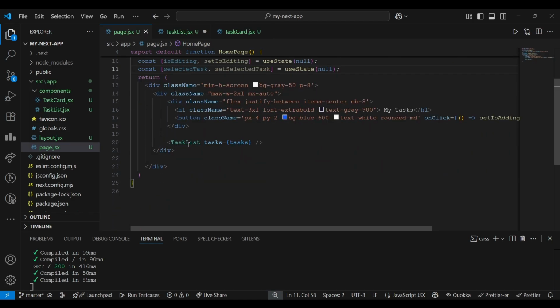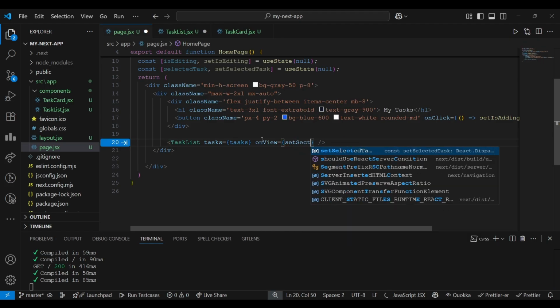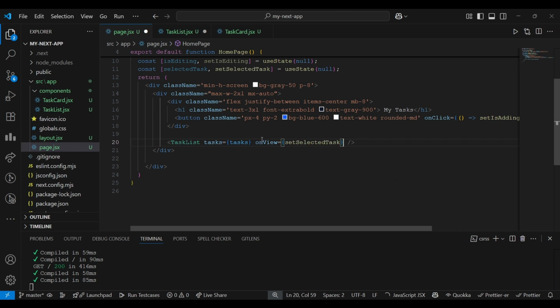Now I'm saving, and also I'm sending that into the task list as on view is equal to set selected task when the user is clicking, and on edit